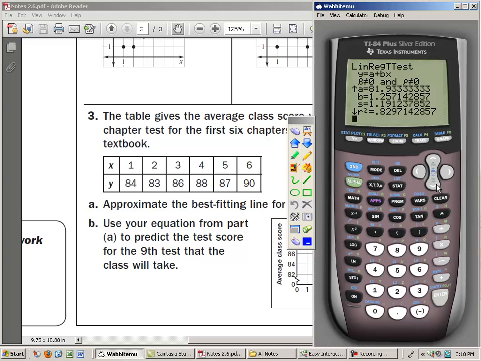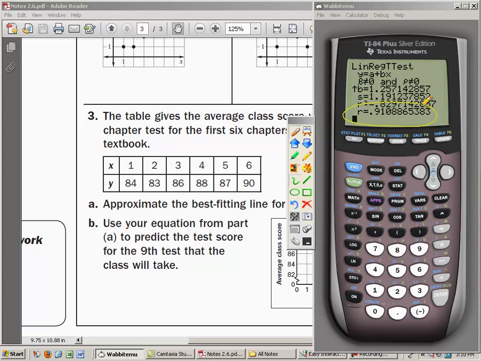So in looking at this information, as I scroll down here below, you'll see right here that A, again, A is my y-intercept. So my y-intercept here is 81.93, which is what we got before. My slope is 1.257, which is what we got before. And here's the key piece of information that the first linear regression did not give you, and that was the correlation coefficient. Notice here your correlation coefficient is 0.9, and as we said, that number is very close to 1,